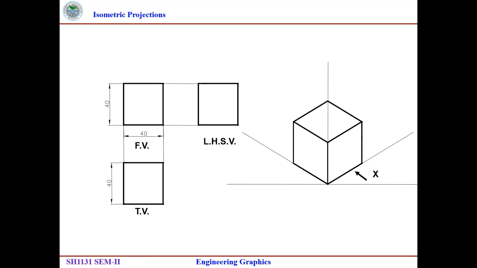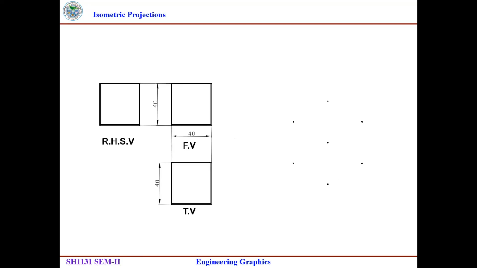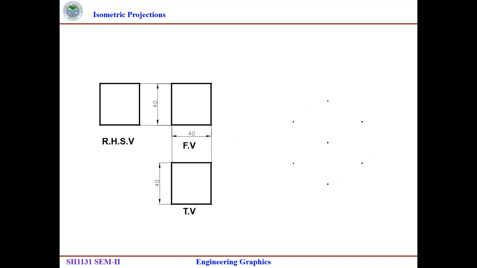Okay, now front view, top view, and left hand side. Then next part, let us consider this part. Now here it is the right hand side view. In the last diagram, the left hand side view is on the left side. Here it is the right hand side view. So only the direction will be changed. The front view is in this direction, drawing on the other side for ortho, and then the right hand side view, that's why we have to take it on the right side.